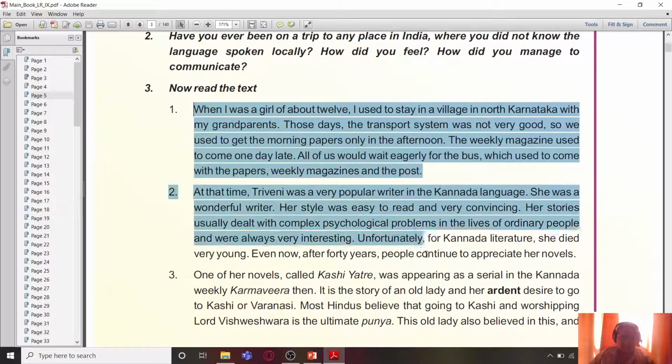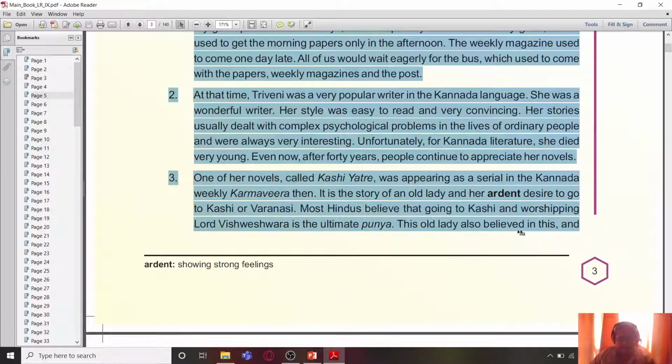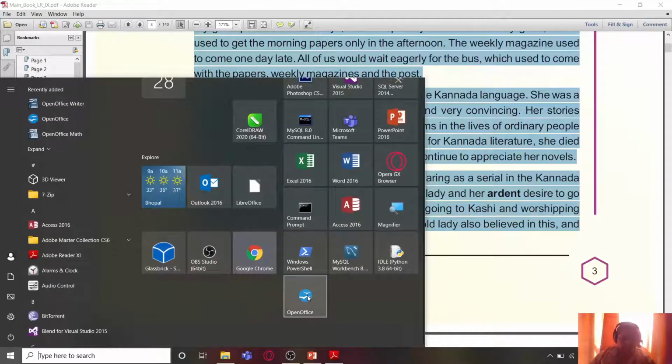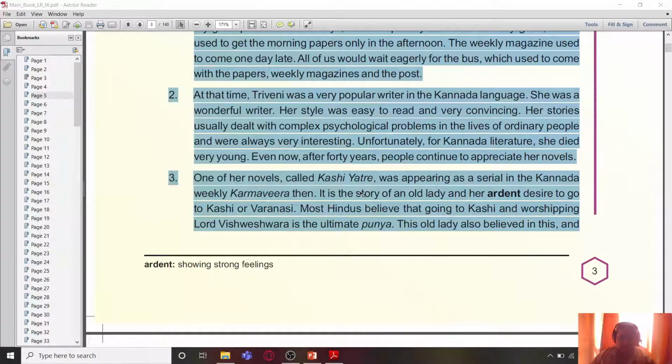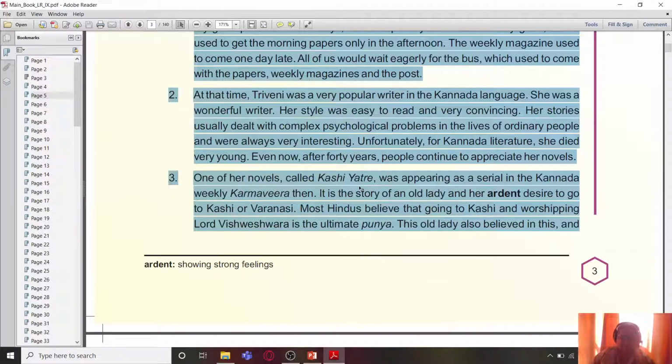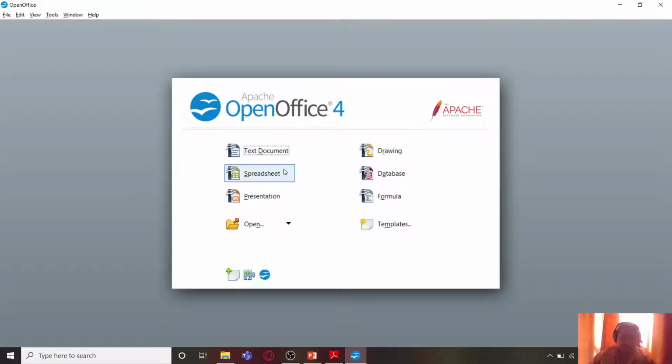Like I'm going to select these 3 paragraphs and I'm going to go to Start and click on OpenOffice. And over here I'm going to click on a new text document.